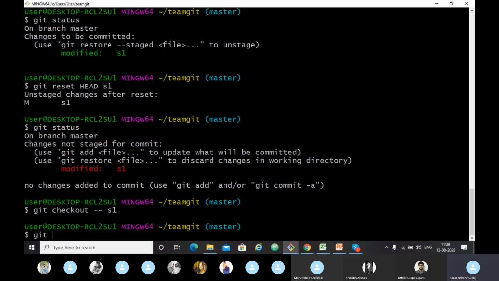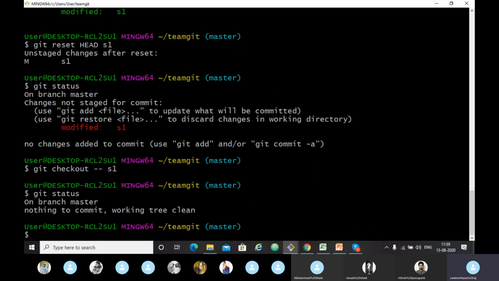Nothing to commit. It shows nothing to commit here. So what we have done till now is we did the unstaging of the files in the working tree and in the staging area by using two commands: git checkout -- file name, and git reset HEAD file name. So we have seen the status.